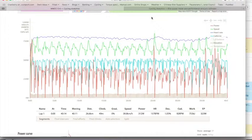Now, everyone knows the downside of being in a time trial position, namely a reduction in the sustainable power you can produce for a few reasons, not the least of which is the reduction in one's hip angle so that you can get your back flat, get your head in line with your shoulders so that you can reduce your aero drag. Now, I've tested this a number of times